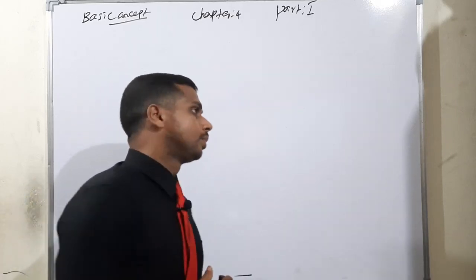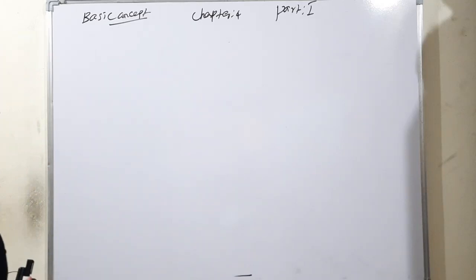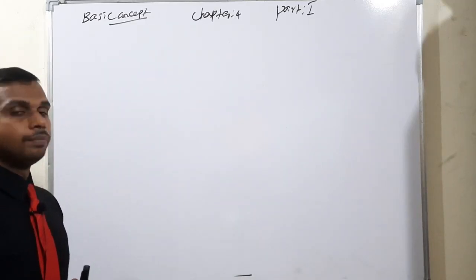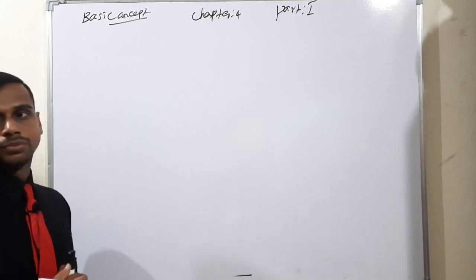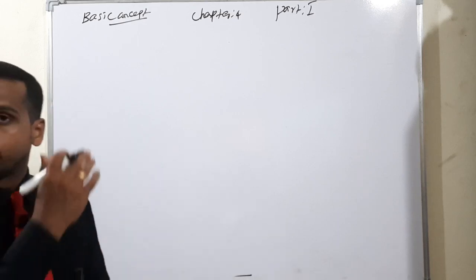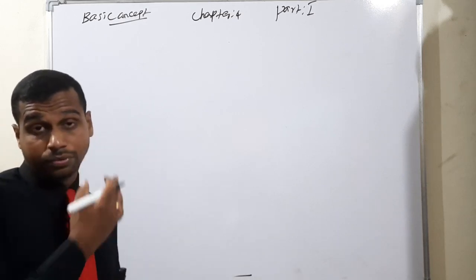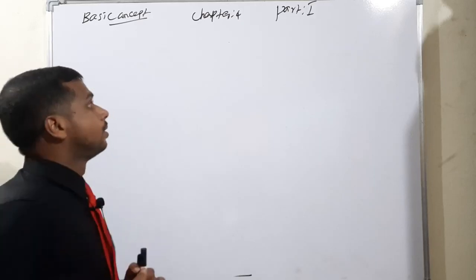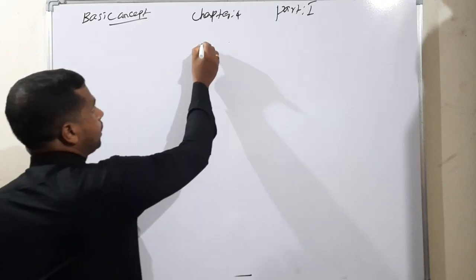Okay, so starting with the concept, the basic form. What is the meaning of tan theta? Tan theta means sin theta divided by cos theta, as well as what is the meaning of cot theta, cos theta divided by sin theta. So first, if you take it,